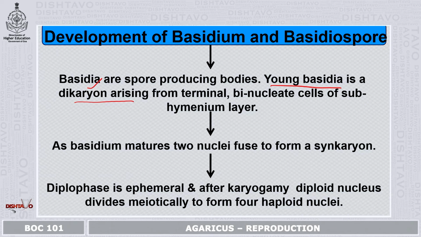The two nuclei inside the basidium fuse and form a synkaryon. Karyogamy is achieved, and you have a diplophase. This phase wherein karyogamy is achieved and a synkaryon is formed is ephemeral, students. That means it is very short-lived. As soon as it is formed, karyogamy is followed by meiosis, wherein the nucleus divides into 4 haploid nuclei. Okay, and it forms the